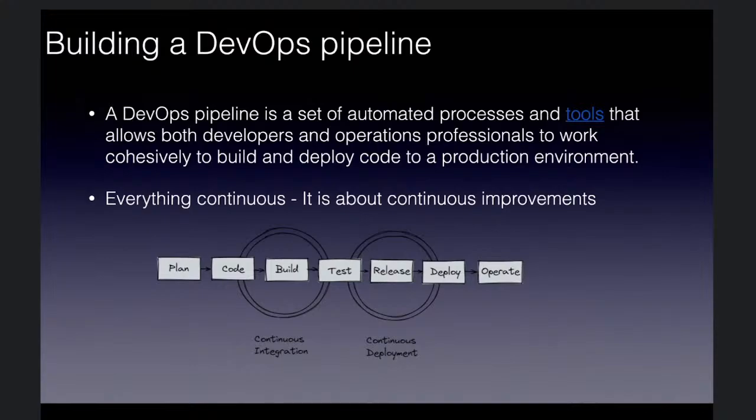And typically, like I've already highlighted, it's supposed to be continuous. There's not supposed to be a phase where we want to deploy code and the operations team is not ready. It's supposed to be a continuous flow. So you can see that after the planning phase and after the developers have coded, they should be able to build, test. The arrows show you that these are things that should happen back and forth. They should be able to build, test, deploy, and the operations continue their work. Everything, or at least almost everything, being automated.